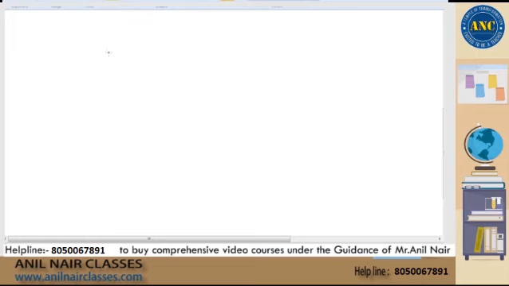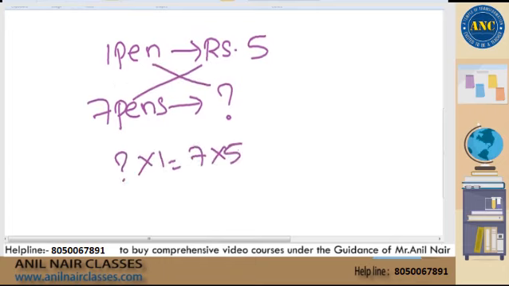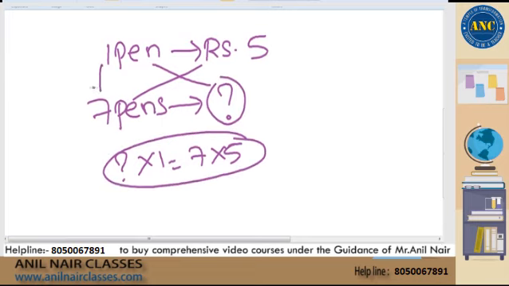Both are the same. Suppose 1 pen will cost 5 rupees. This is something which I took in one of the classes also. 7 pens will cost how many rupees? In our school days, we multiplied using cross multiplication. Question mark into 1 is 7 into 5. That is what we solved in school days. Instead of using variables, 1 is becoming 7. Multiply by 7. 5 also multiply by 7. Answer is